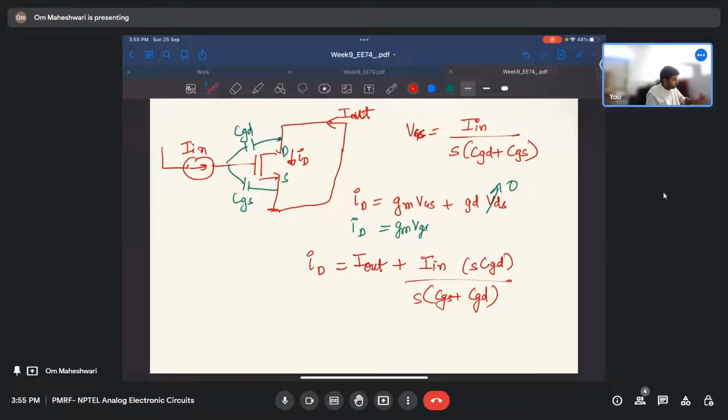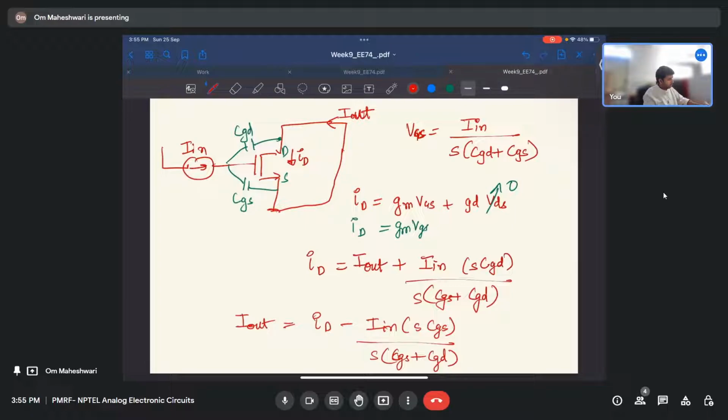So if we write I_out equals ID minus I_in into SCGD by (SCGS plus CGD),